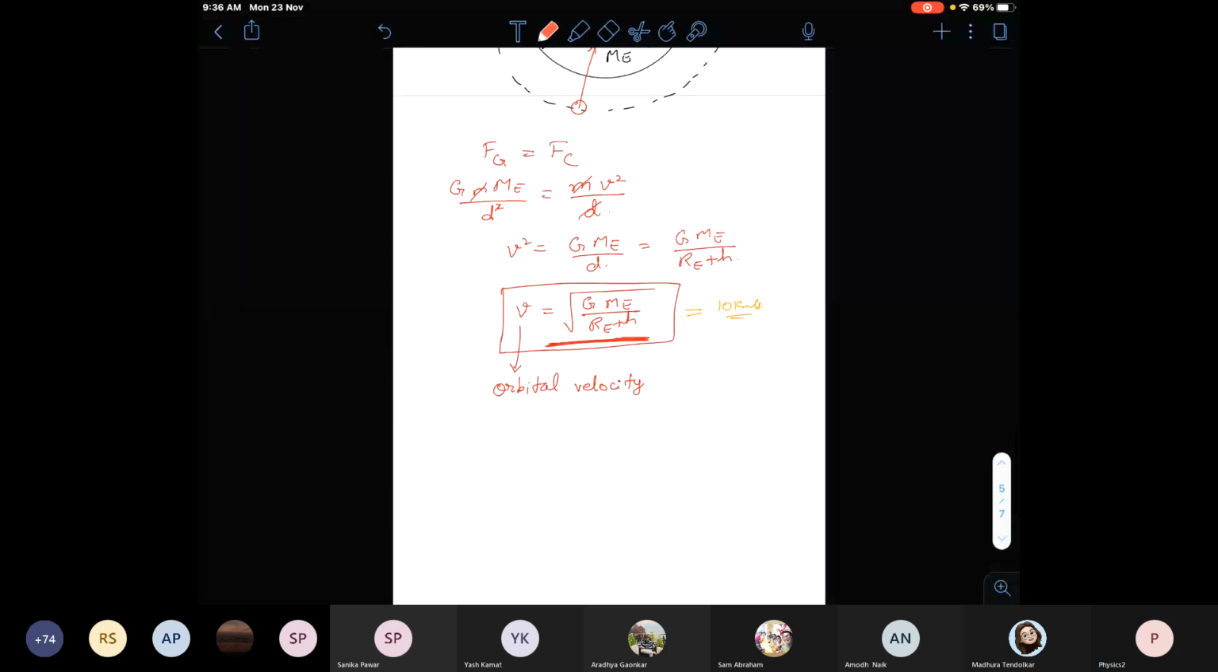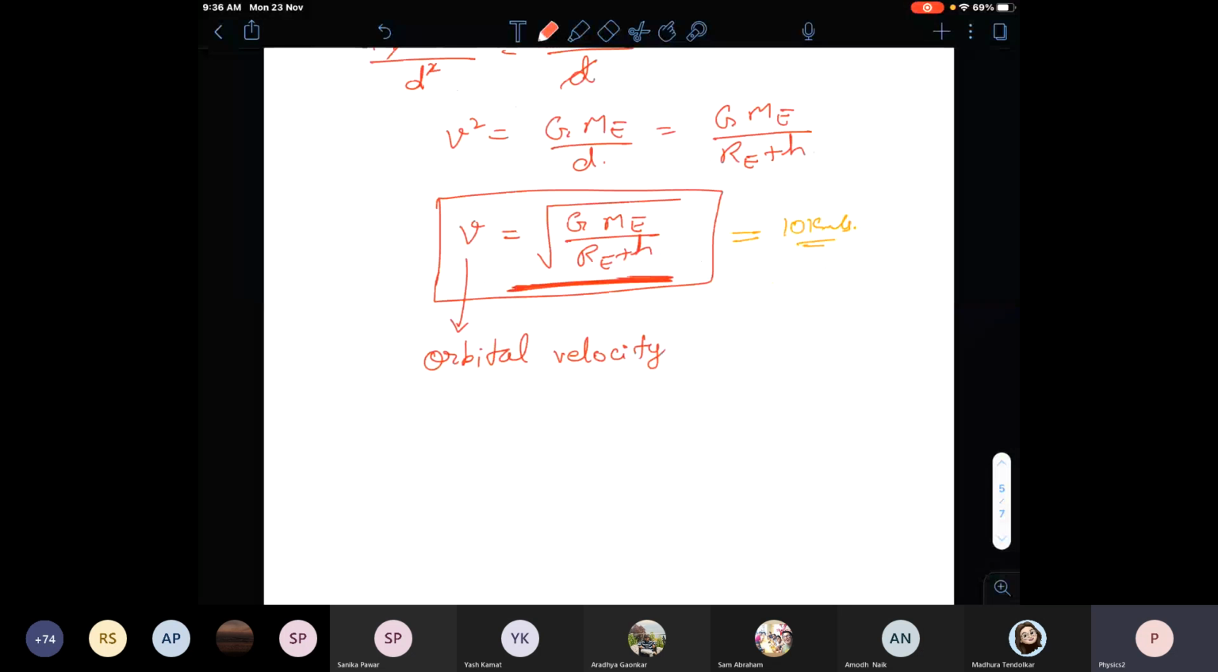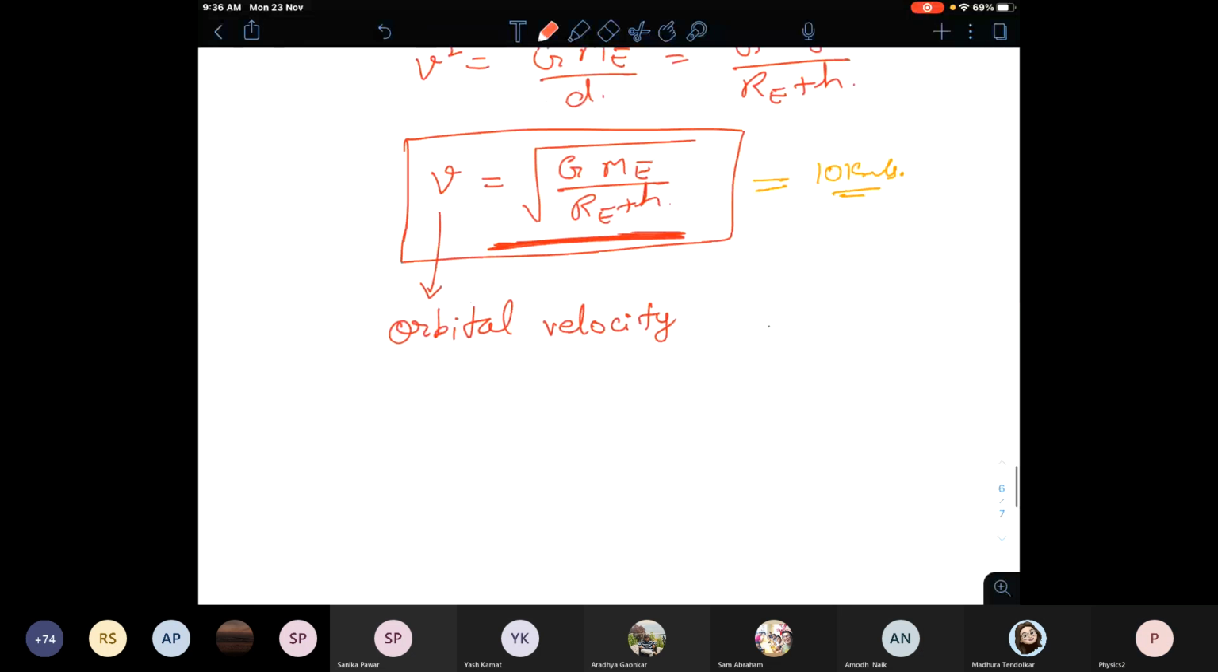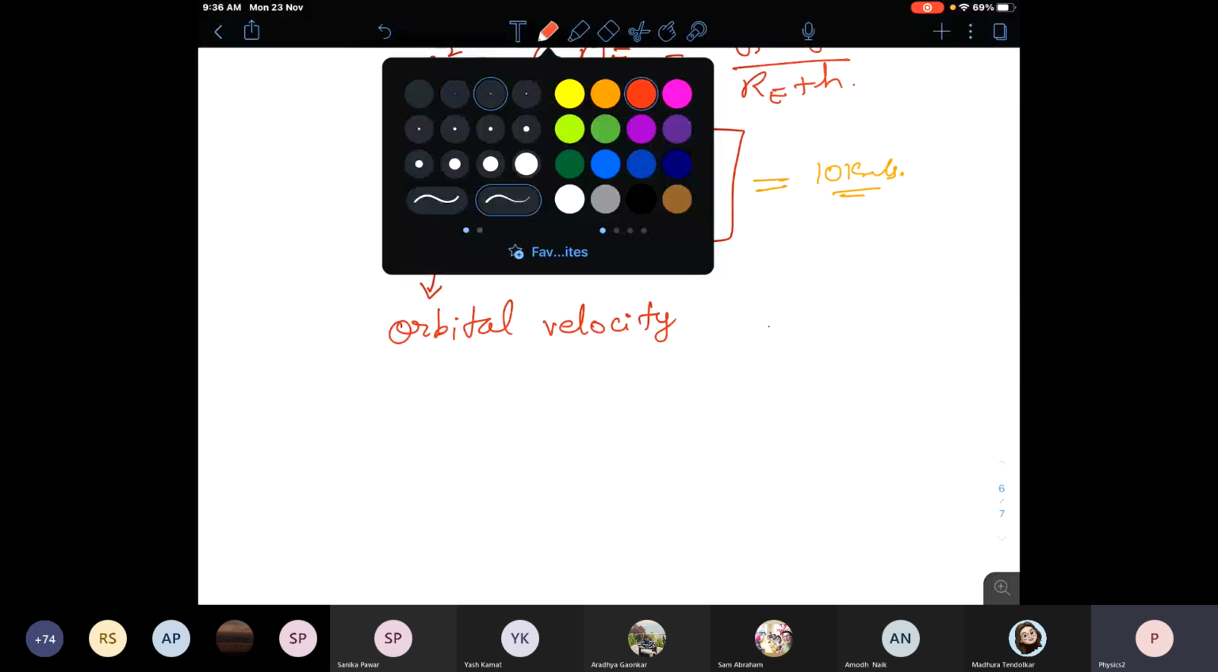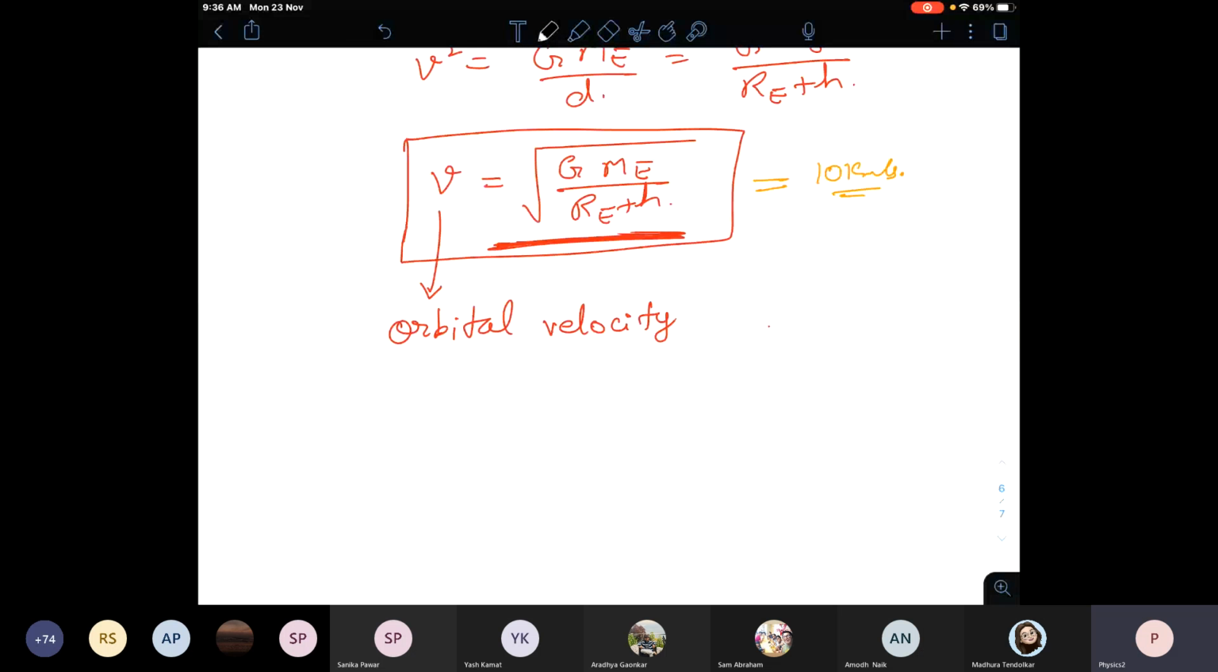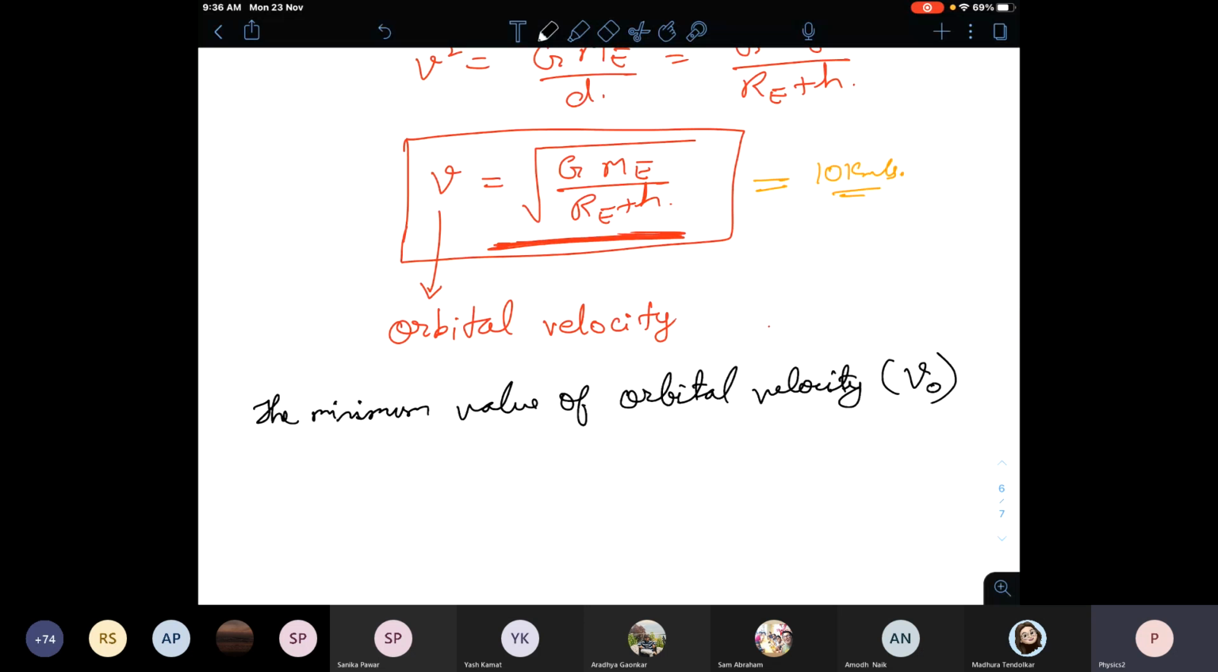Okay, guessing you must have written it. Now see the orbital velocity. Orbital velocity can achieve a minimum value. The minimum value of orbital velocity is denoted as V naught, and that velocity can be written when h